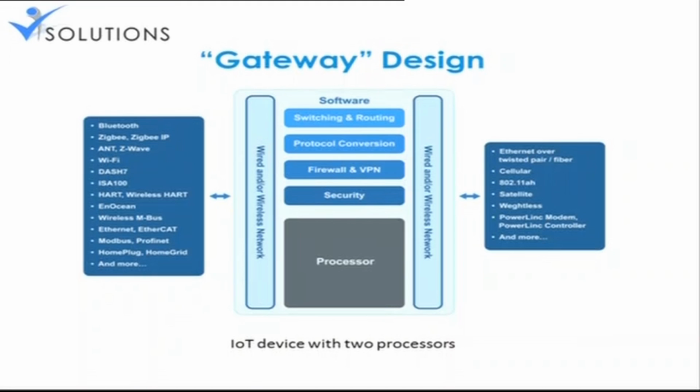Ultimately, what this will have is switching and routing, like the normal servers we talk about. Talking about the servers, it has protocol conversion, firewalls and VPN, and we also have security with a processor internally placed. That is all we have in a gateway system. So a gateway is nothing but, how to say this, I'll put it in such a way to make it more understandable.